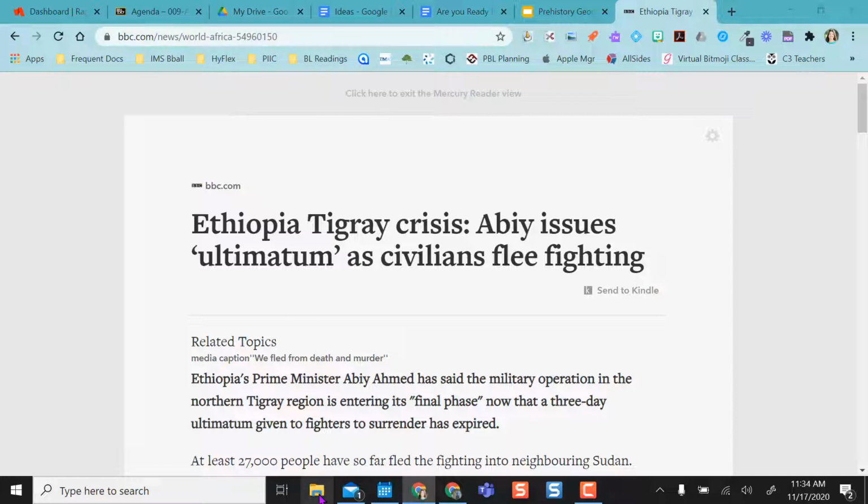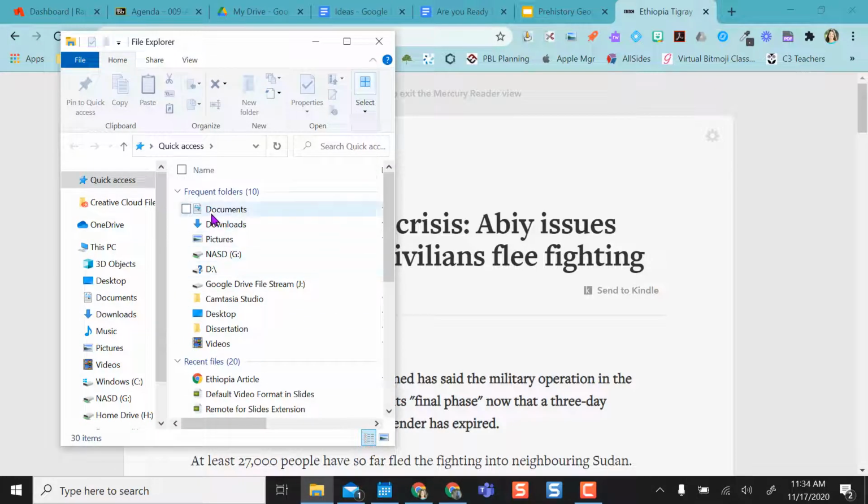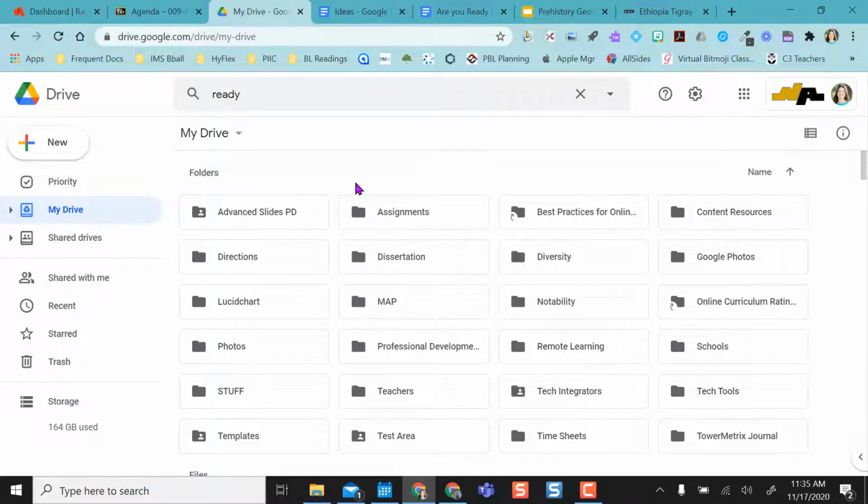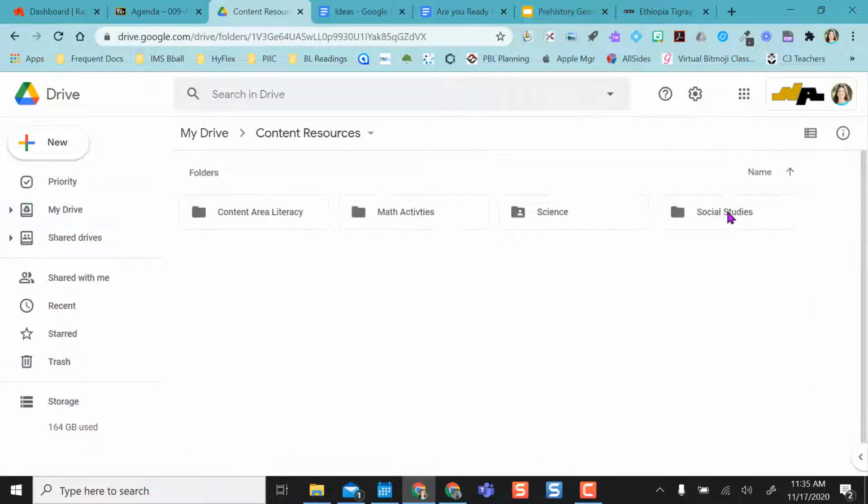So I can access it here in my files. I can go to my desktop where I saved it. Here's my Ethiopia article. If I need it in Drive and I want to use a share link, I can go into my, let's say, social studies folder,